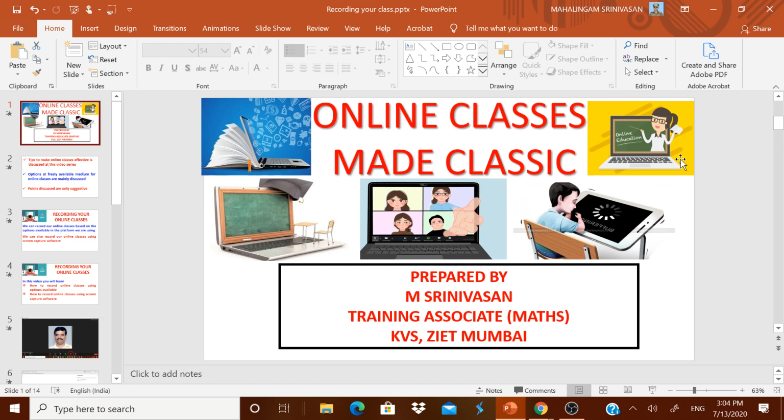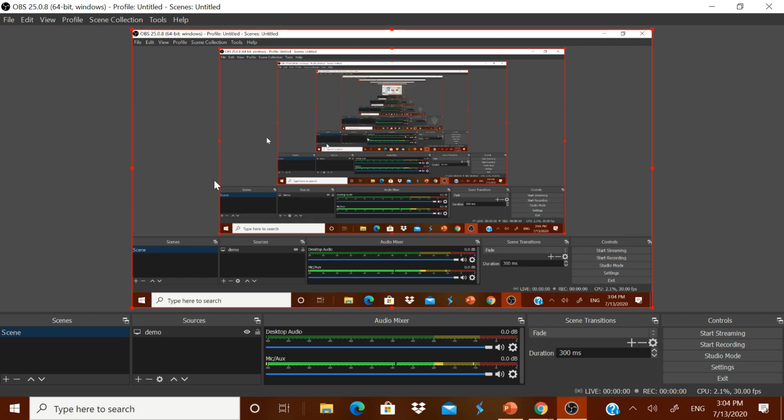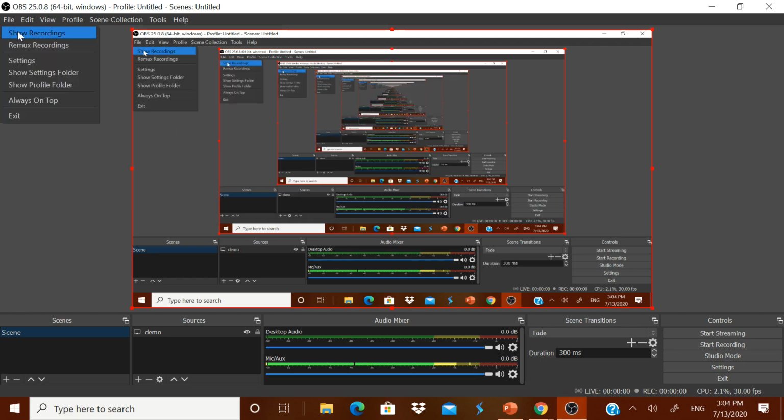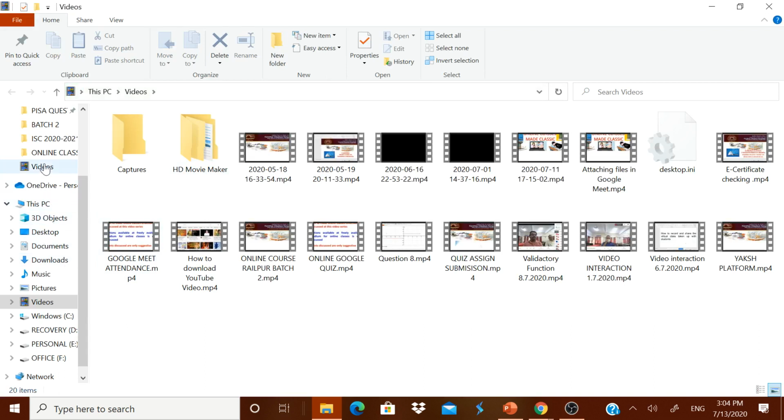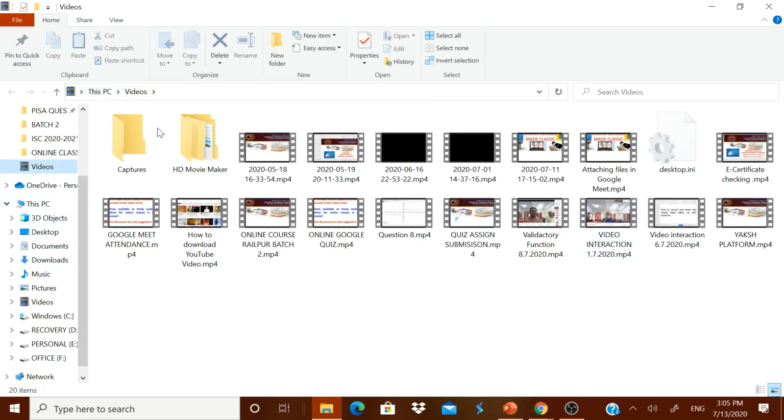That is the shortcut which I have fixed. After the meeting is over, press the hotkey for stopping it. Then go to this file and show your recording. Your recordings by default will get accumulated in the videos folder.